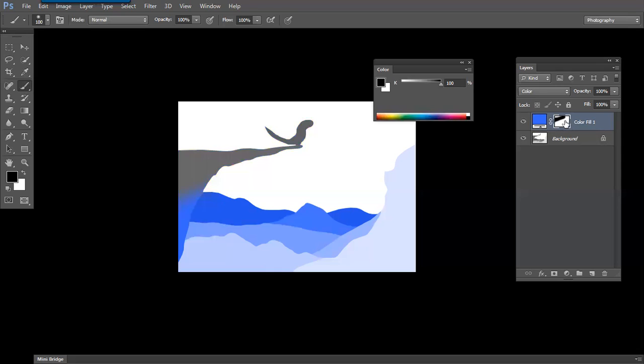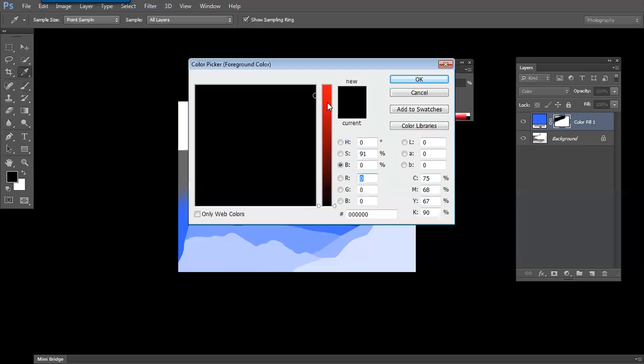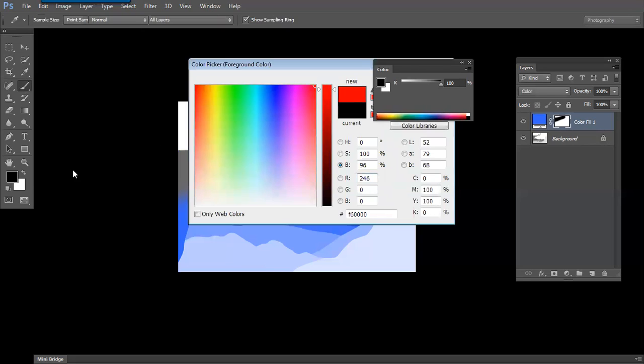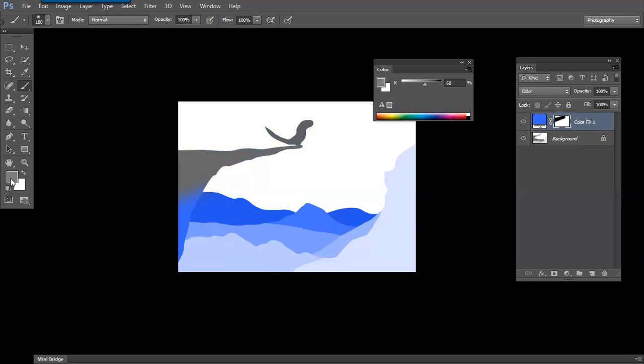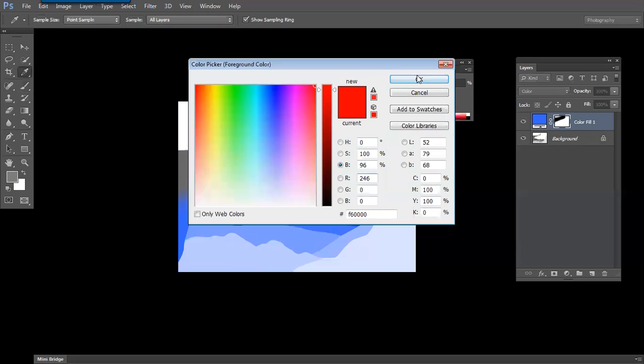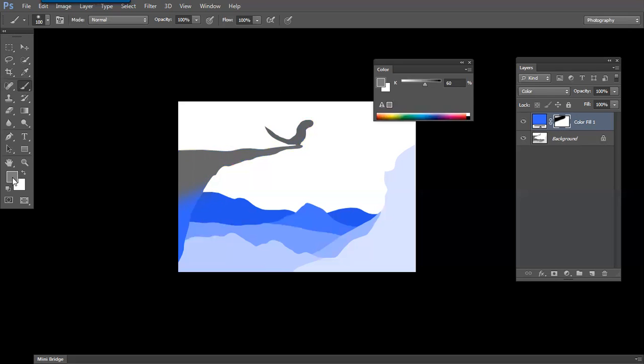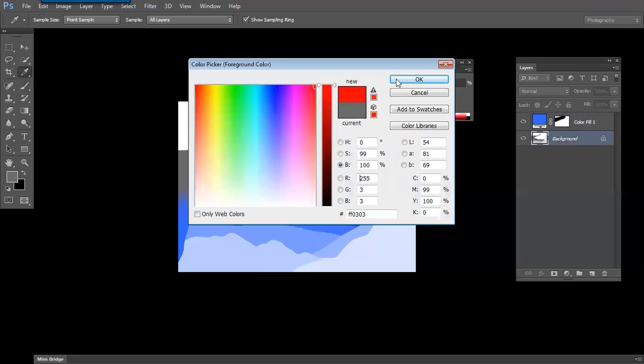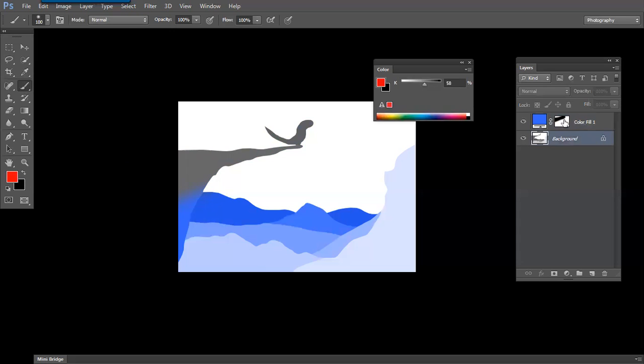And mask is never in color. Either it will be white or it will be black. While you are working with the mask, we cannot take any color here. Any color we take, it will turn into gray color only. And sometimes it will be a surprise while working. Though we are taking color, it is not showing color. And the answer is, we are not working on the layer, we are working on the mask. The time we come to the normal layer and you take some color, it will appear. You can see it here. But the time you switch to the mask, it turns immediately into black and white.